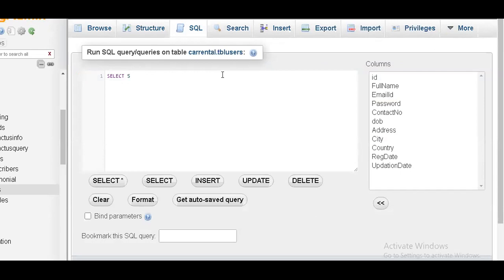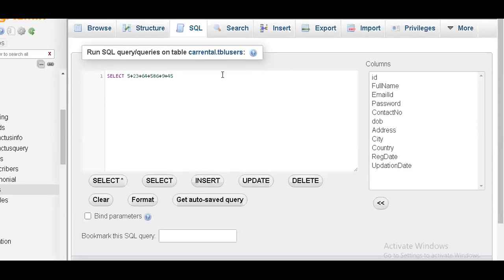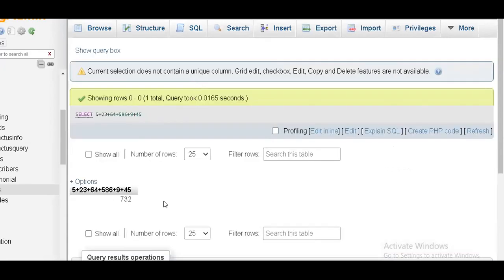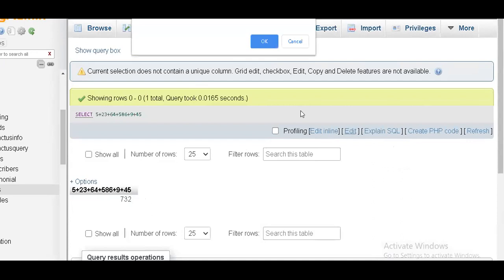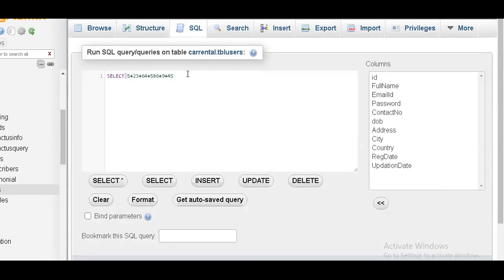I want to calculate 5 plus 23 plus 65 plus 58 plus, and so on. If I want the answer for this immediately, is a table required? No, I will just use the concept of the virtual table and get the output. See, it says 730. This result is coming from the virtual table. For this we are not going to store anything. It depends upon the scenario how you want it. You can go like this and get the output in this fashion. So L case has been done, U case has been done.